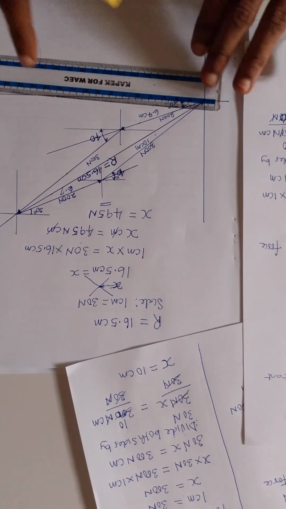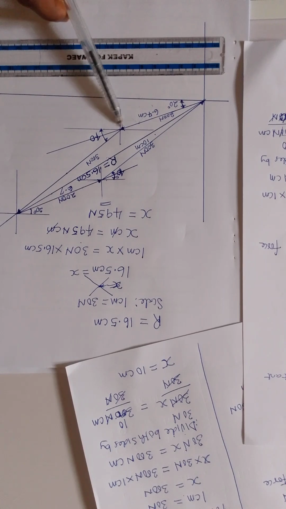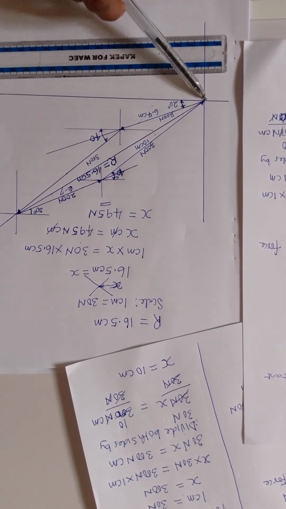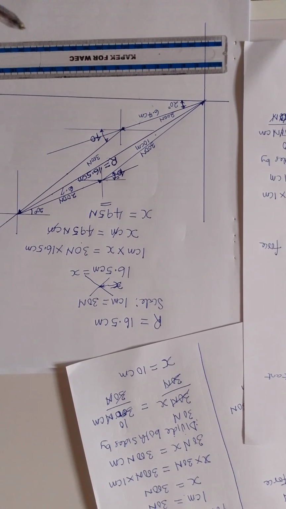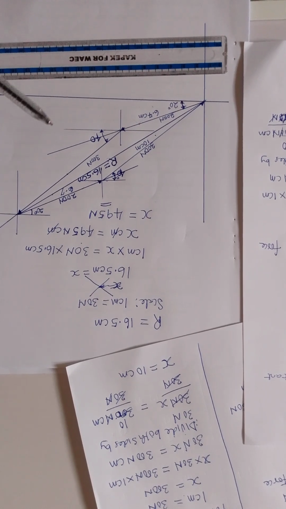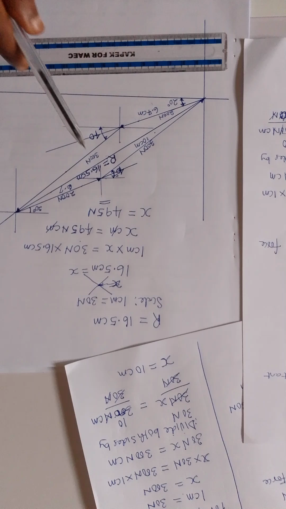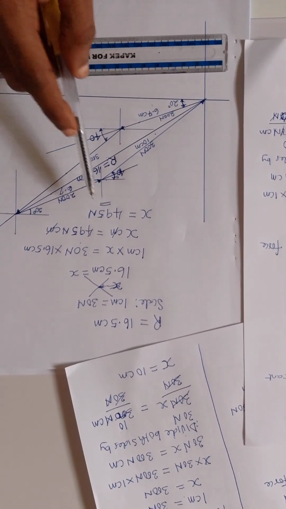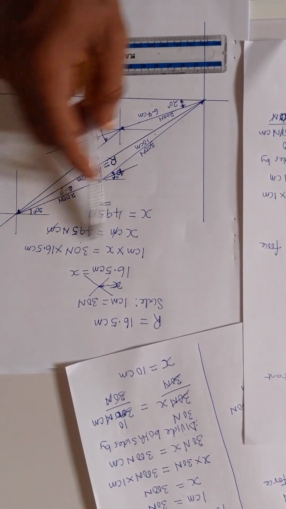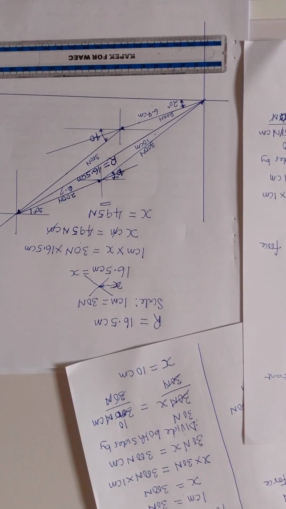Note that when you are plotting, always ensure that it is from head to tail, head to tail, head to tail, and then you close up the force polygon. You close up the vector with the resultant, and the resultant given in cm, you have to convert it down to Newton by using the scale and doing what I have done here. So basically that is how to go about